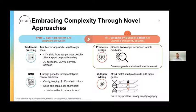So how is this different today? Two major elements, right? The first one I'm going to talk about more. The second one I cannot talk about in this talk because I don't have time. So what we want to do is